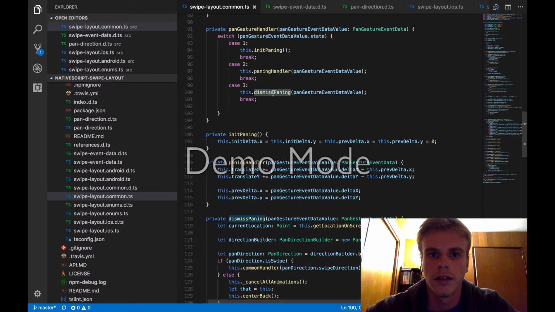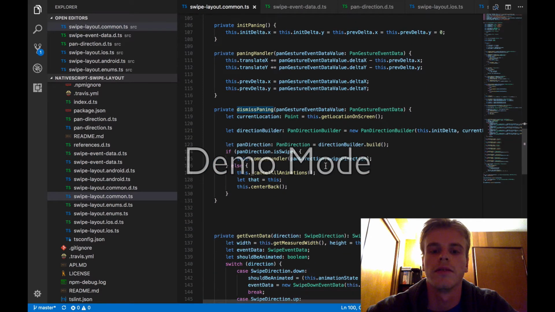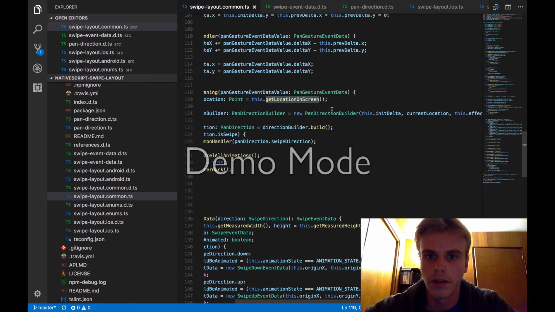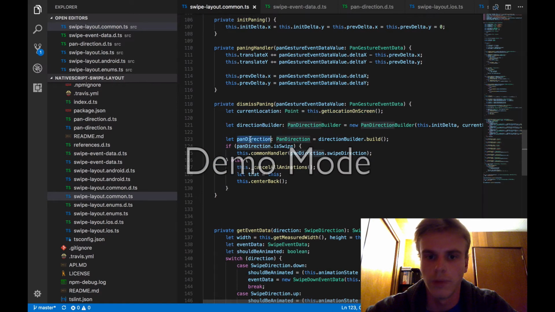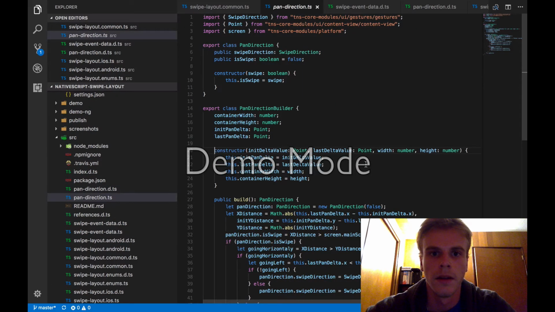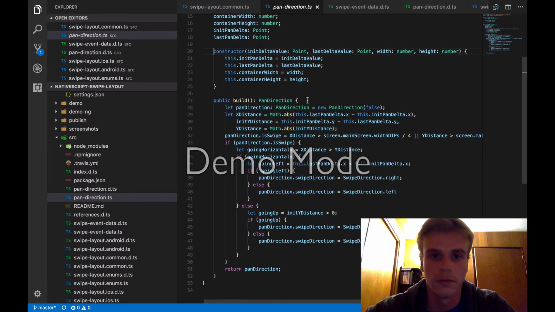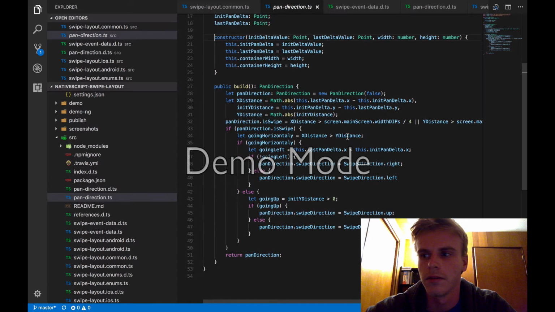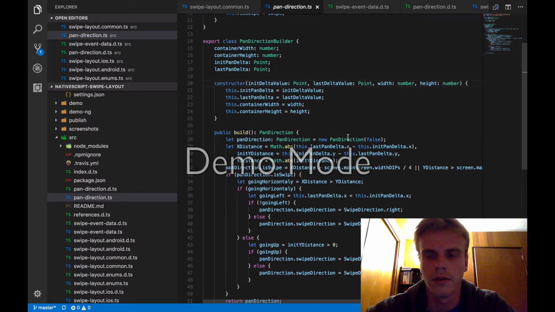And then at the end I'm just spanning it, so it's at this time which things are going to start getting interesting. So basically I'm just creating the current location of the fingers on the screen. Then I build what I call a pen direction object, which is built through the class PenDirectionBuilder. So basically, it's kind of a design pattern, but not really actually. But anyway,